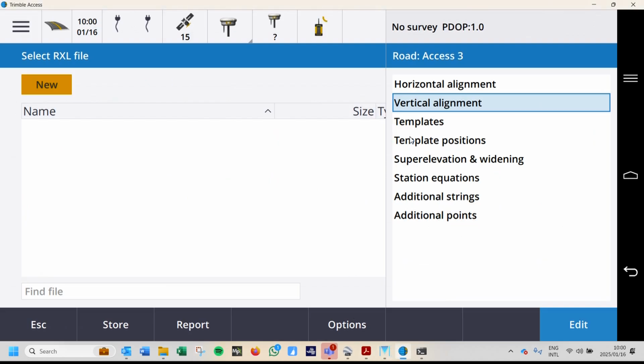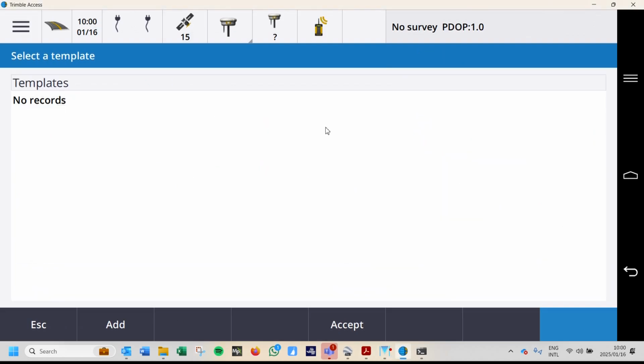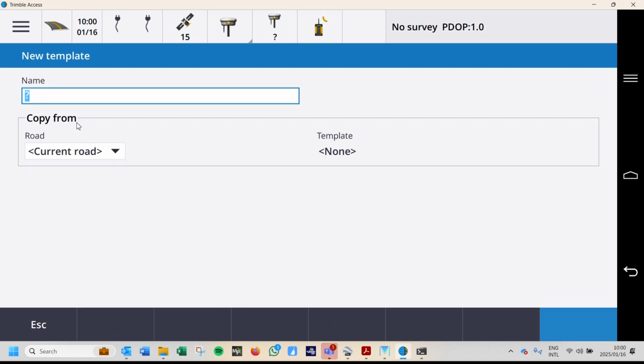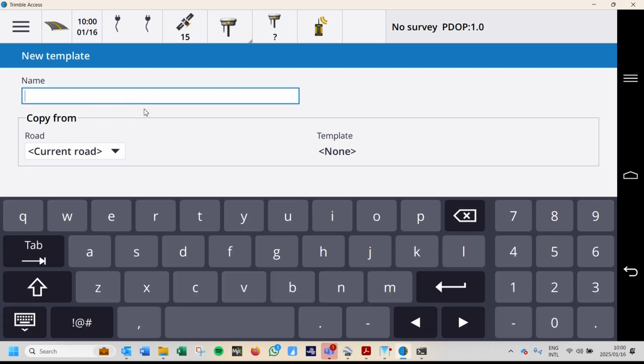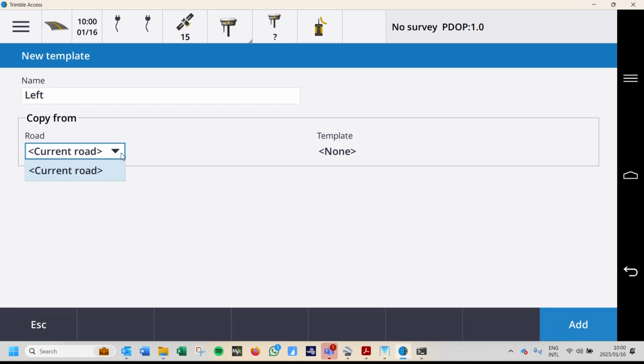All right, so back in Trimble Access, we're going to open templates and we're going to create new templates. So I'm going to add one. So let's do the left hand side first. So call it left. There is no current road, or we're going to use it for the current road. There is no other road selected, and there are no other templates available either. So we can say add,